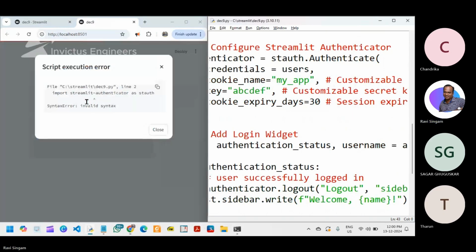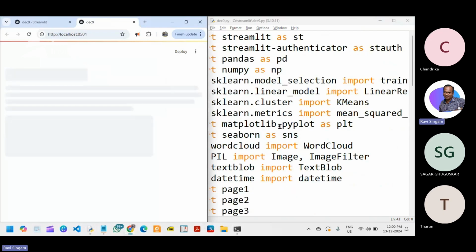Yeah, there is a spelling mistake. Okay, authenticator, import invalid syntax, s auth. So just a spelling mistake. I'll just check for the spelling mistake here. So nothing much. AUTHEN